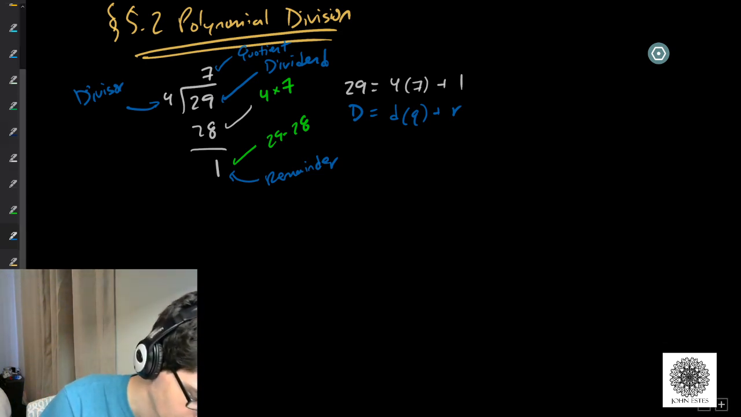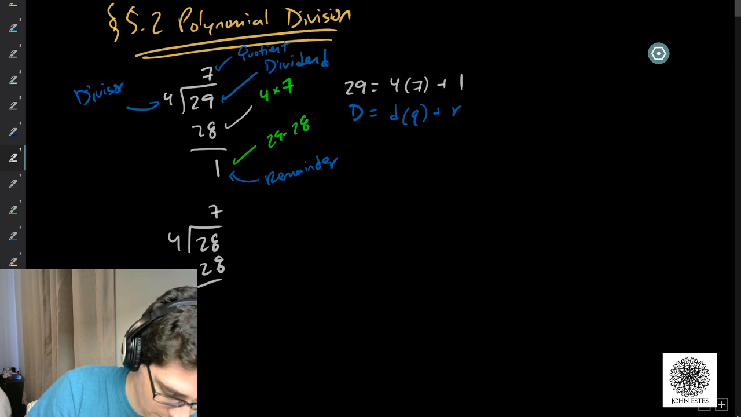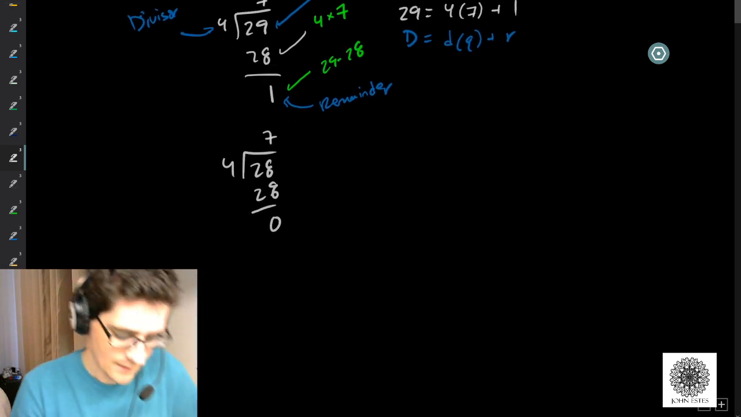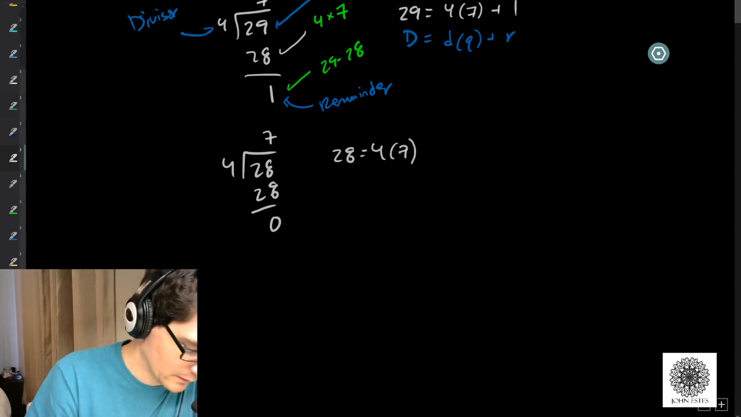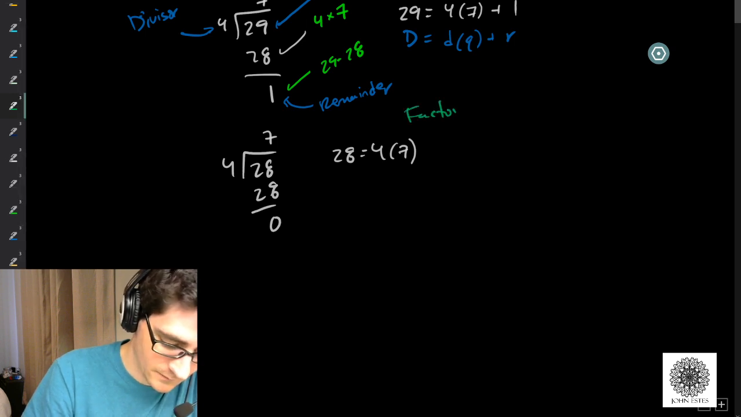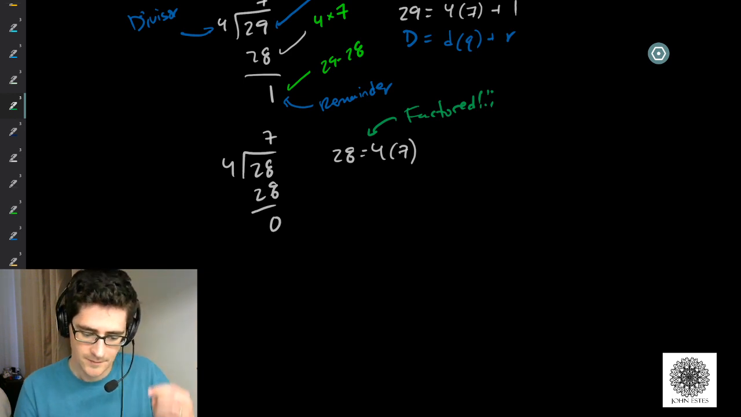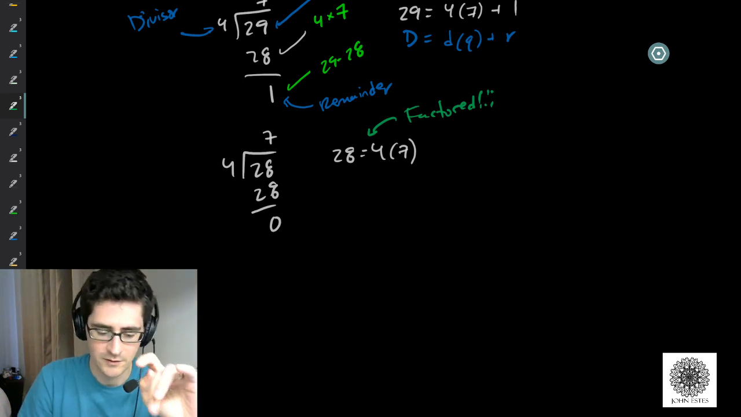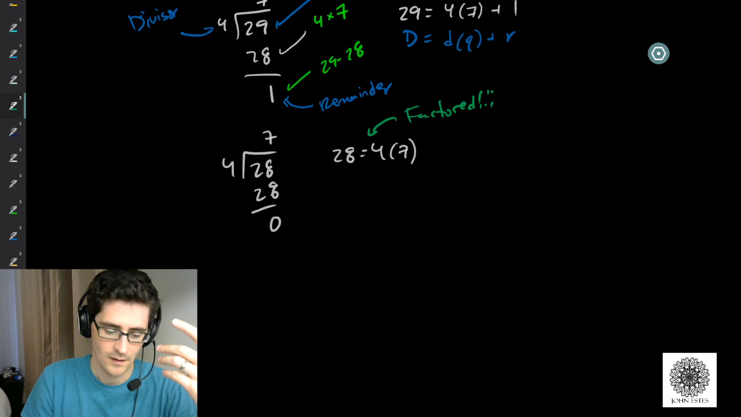Let's try another one real quick. Let's do 4 goes into, we started out with 28. Let's do that again. Let's go with 28. So 4 goes into 28. That's 7 times. And you get a remainder of 0. Okay, that means then that 28 is 4 times 7 plus a remainder of 0. We have factored it. And hopefully you can imagine now why we would be interested in polynomial division. Because when I do division with a polynomial and get a remainder of 0, I have now helped factor that polynomial